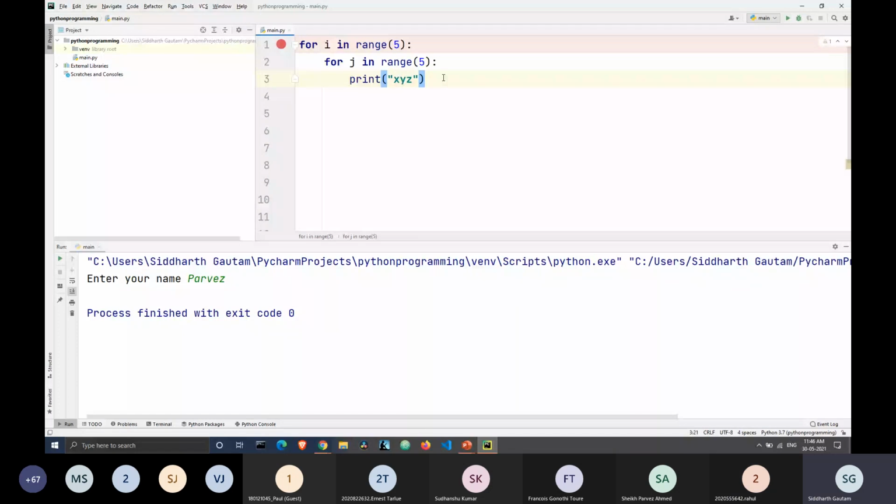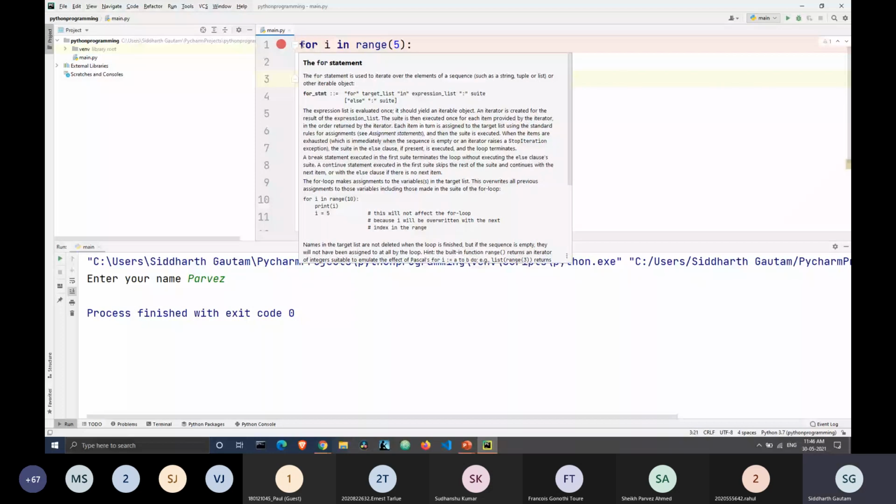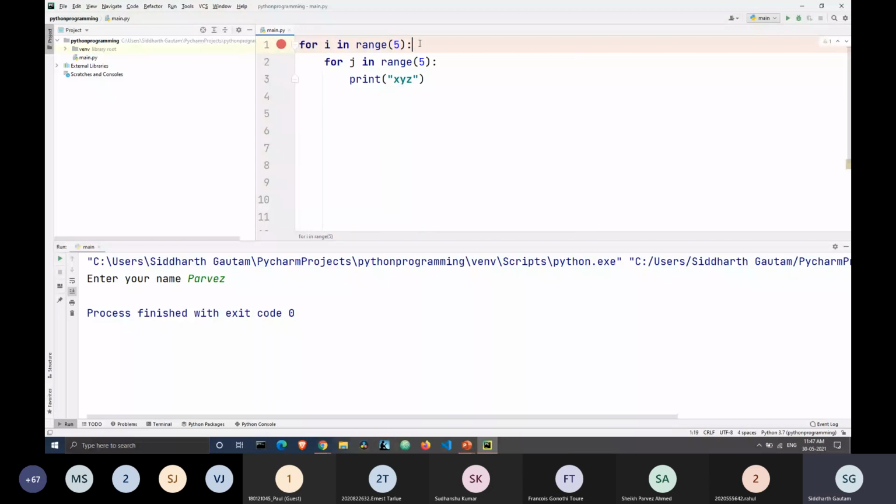What's happening here is that the first for loop gets executed first. In the beginning we have a value of i equal to 0. After that, the inner for loop will get executed in its entirety. Let me rephrase that.